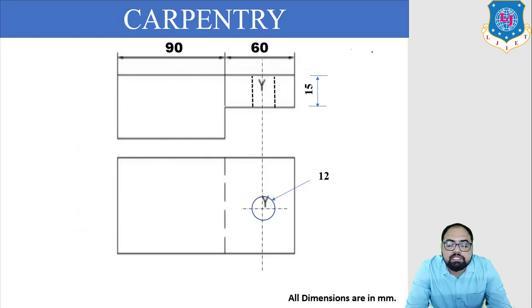The finished two pieces are assembled together to form the T joint, and finally the finished job is checked for the required size and shape using the steel rule and try-square. After finishing all this, a hole is drilled. By this way we can do this carpentry job. So, without wasting time, let's go to the workshop and perform this job.